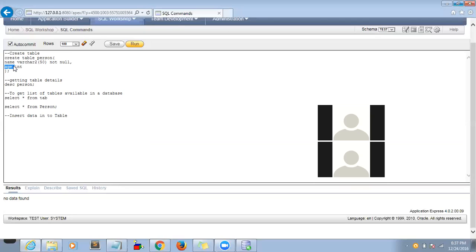So now we have the table already created, right? The table name is person, correct? And the column names are name and age. So now we are going to insert data into this table. So the syntax is